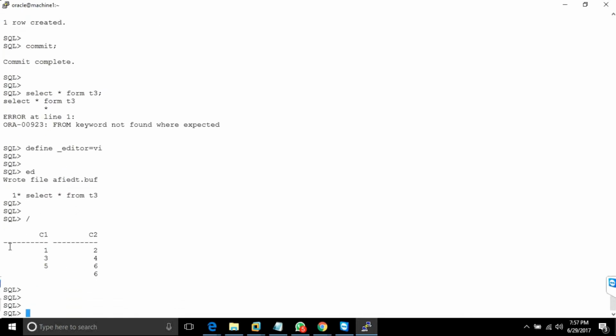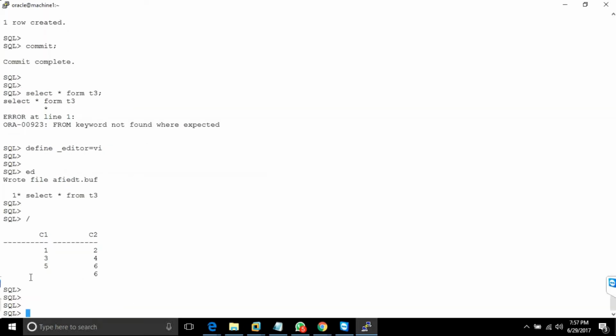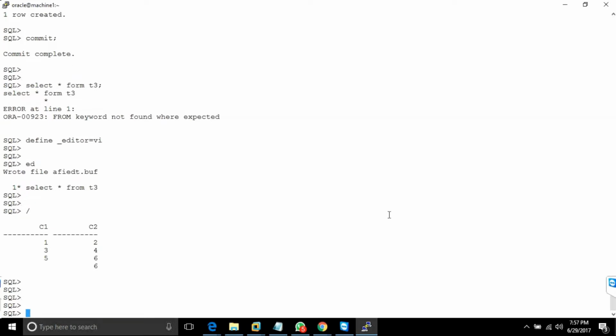So we can have null values. That's the problem with the unique constraint: we can stop inserting duplicate values, but we cannot stop null values. That's the only drawback of the unique constraint, right? So we have a different way altogether to deal with this problem. If I want unique and null values must not be inserted, then we can